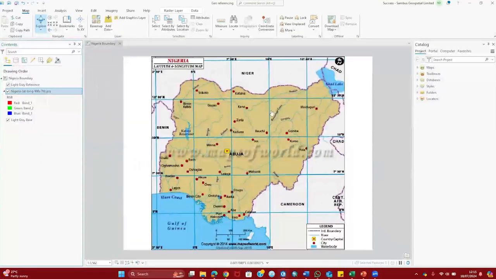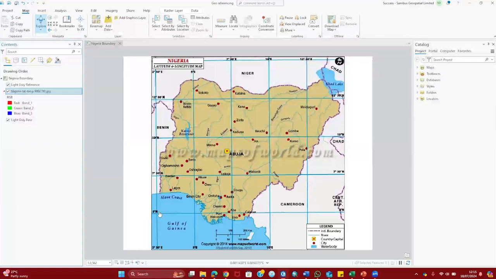It's telling you it's an unknown. The data we just added has an unknown coordinate system. That means there's no coordinate system assigned to it. It's a picture format. That's why you have it on RGB. Then you zoom to layer so we can see it. This is it here. So I haven't done that. The next thing you need to